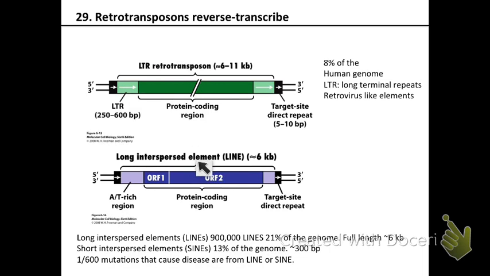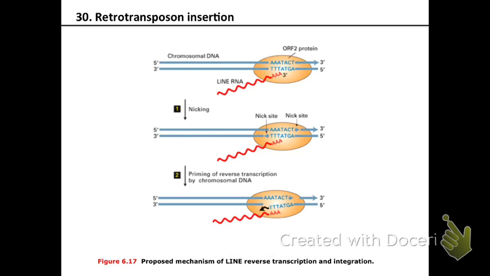All right, so these long interspersed elements have an AT-rich region on each end, and a protein coding region in the middle. These are called open reading frame 1 and open reading frame 2, because they code for 2 proteins. And they jump using the copy-paste mechanism. So here's how they do that. Pay attention to this. And with these kinds of diagrams in your book, the best way to learn them is to just try and draw it yourself. Because if you actually try and can replicate it, then that means you actually learned the process.